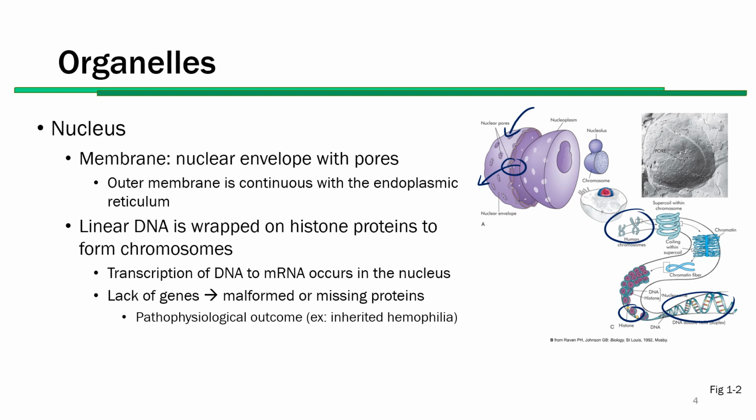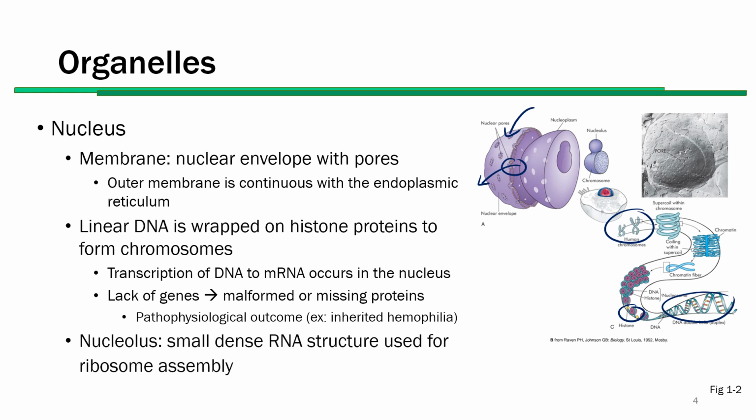For example, if there's a mutation in the genes that code for the clotting factors, that can lead to inherited hemophilia. And we'll see that there are a lot of those conditions where they're looking for those genes and have found those genes, and we know what's causing those pathophysiological conditions now because the genes have been identified. And that is an ongoing process where more and more genes are becoming known as far as what kind of